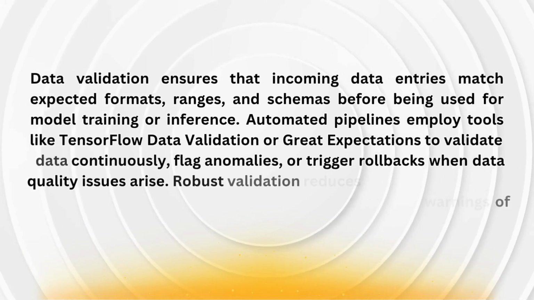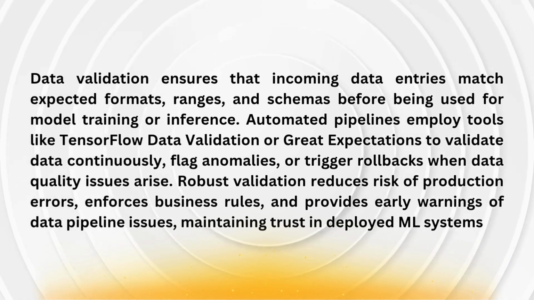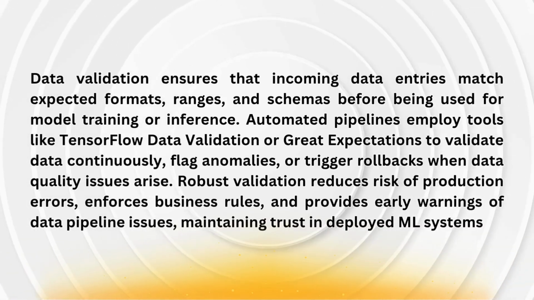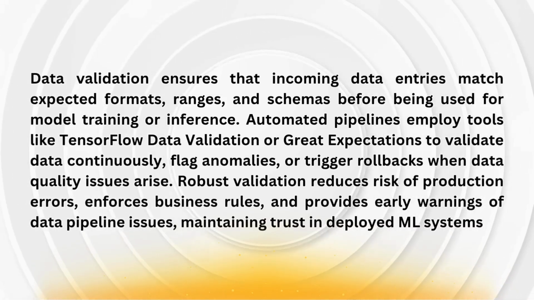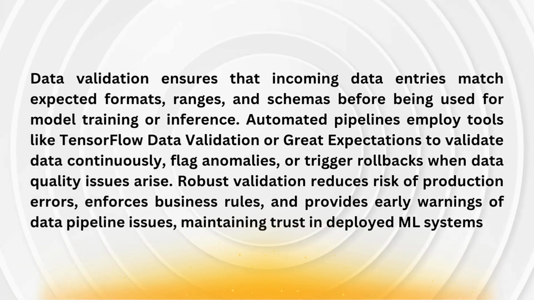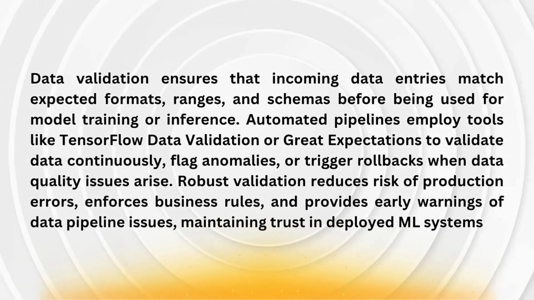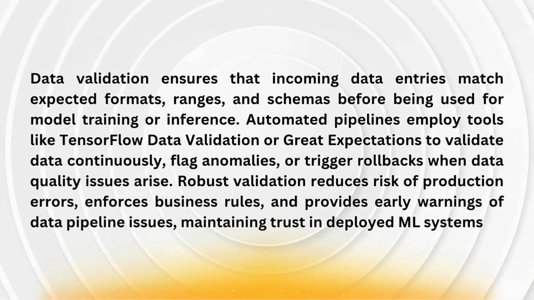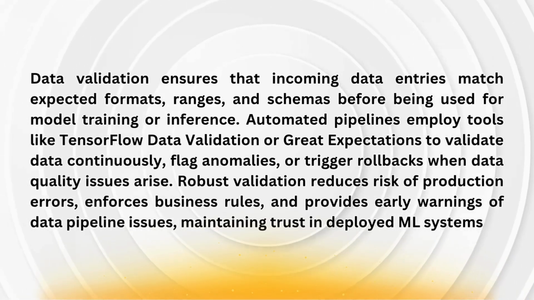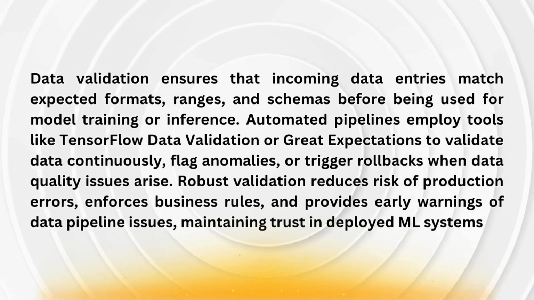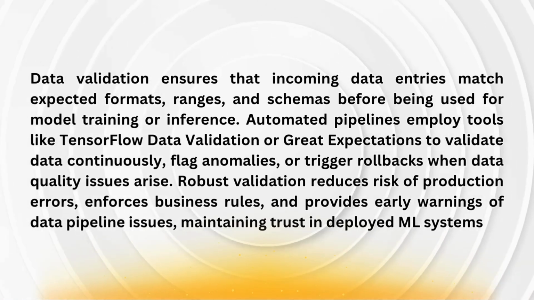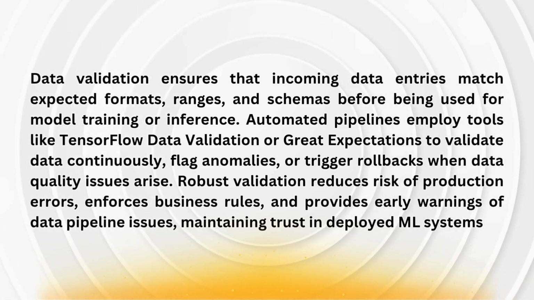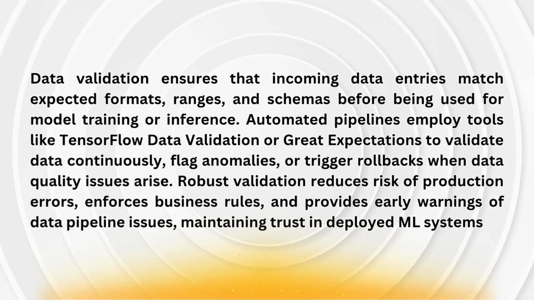Data validation ensures that incoming data entries match expected formats, ranges, and schemas before being used for model training or inference. Automated pipelines employ tools like TensorFlow Data Validation or Great Expectations to validate data continuously, flag anomalies, or trigger rollbacks when data quality issues arise. Robust validation reduces risk of production errors, enforces business rules, and provides early warnings of data pipeline issues, maintaining trust